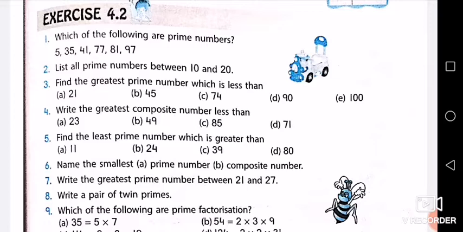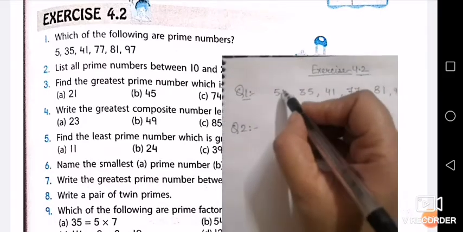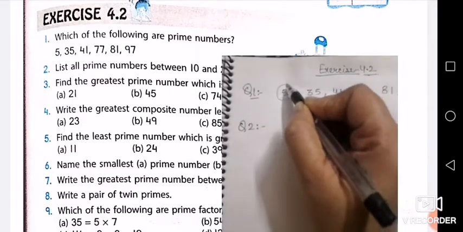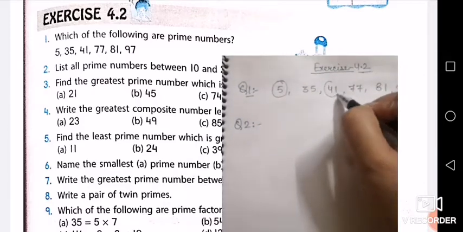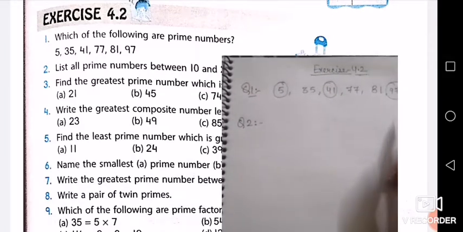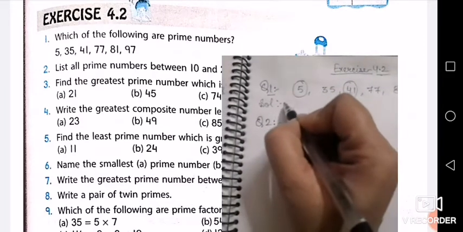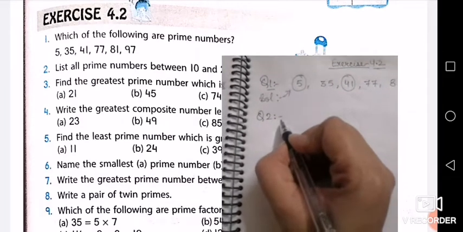So let's write it. How will you write it? You will simply write prime numbers between 10 and 20 are, and then you write it down. So children, in question number 1 I have told you which are the prime numbers. Just tell me 5 and then 41. After that 97. So just like this you have to encircle it. You will write the question and then you will write the solution, and in the solution you will do this part. Now question number 2 is